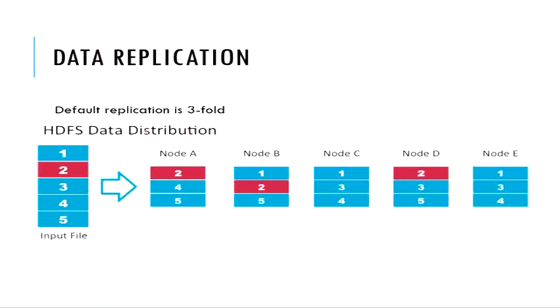HDFS creates at least 3 replicas of each of these। हमारे पास जो input file है, this is the original data that you have। For each chunk of data that you contain over here, you will put that into at least 3 different nodes, ठीक है। So there would be at least 3 different portions where you will have this data। The benefit, fail safe। अगर node A is destroyed, you can get the data from node B or node D, ठीक है। इसी तरह if B is destroyed, then you've got replication या backup copies at least 2 other nodes।